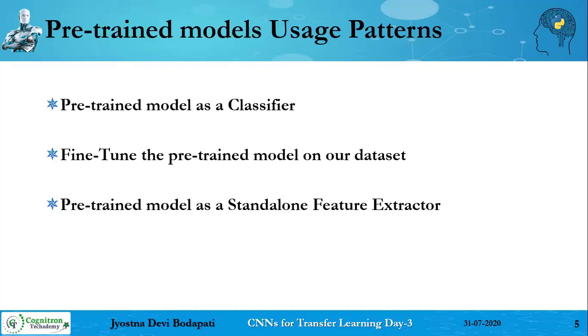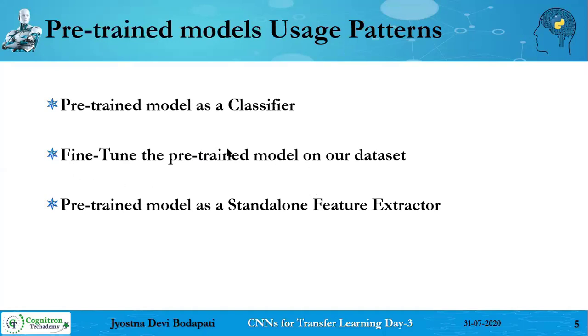These pre-trained models can be utilized in 3 different ways. The first one we already discussed yesterday: a pre-trained model can be used as a classifier. The second one is how to fine tune the pre-trained model for our data set. Fine tuning means the model is available, so instead of using the model as it is, you train your own data set on the pre-trained model.